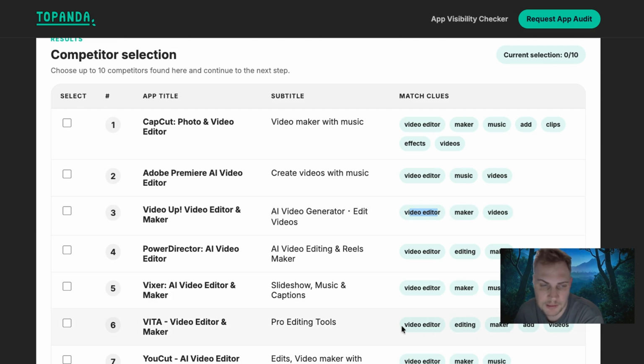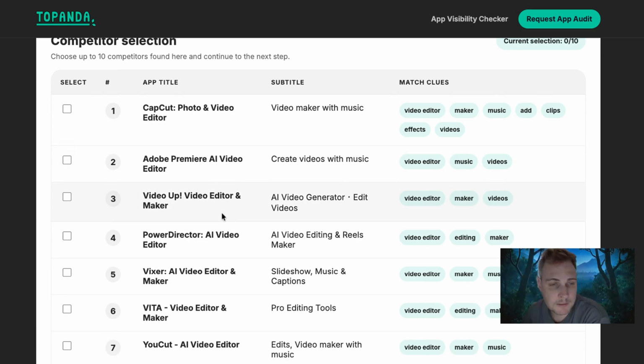So you can see if you have a lot, like for example Vita. Both apps target video editor, editing, maker, ad. If you're in ASO, you could think ad is a stop word, but actually it's not a stop word if you are in the photo and video category, which is quite an important keyword in this niche. So you can choose from here, and